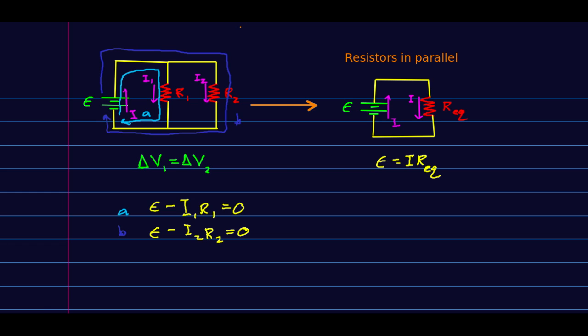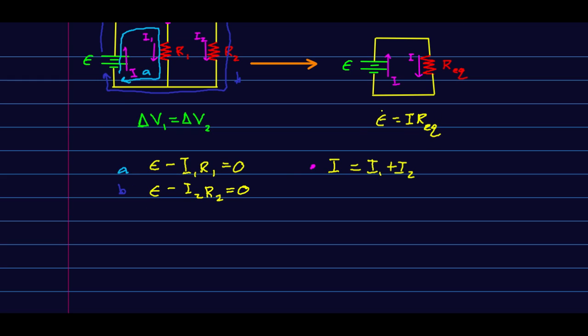And then the other thing I have to work with is a junction. I can think about this junction, and I can write the junction law there. I have a current I in, and I have currents I1 and I2 going out. And now I can put this all together and arrive at something that looks like this. The way I'm going to do it is that I'm first going to solve for I1 and I2 out of these. So you can quickly verify that these solve to give these expressions for those currents, and I can now plug those in here, and I get that I is,